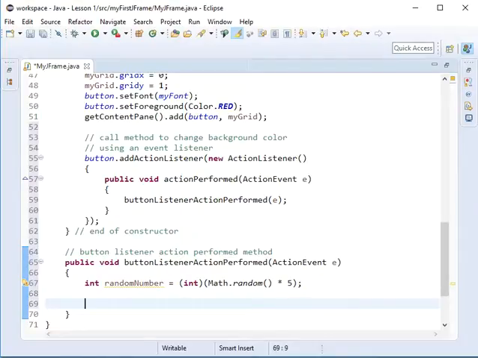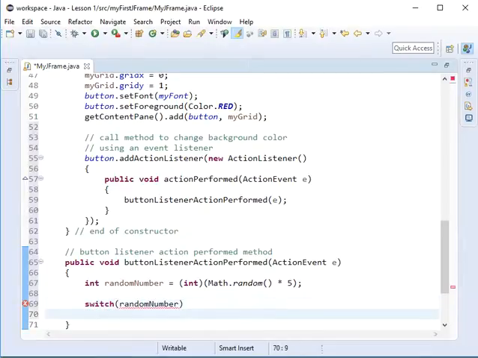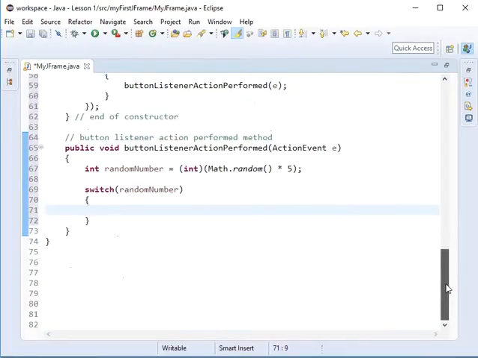And next, I could do this with an if statement, but this would be a good example of using the switch statement. So I'm going to go ahead and type switch randomNumber. The reason I'm going to use a switch statement here is that the only thing it could possibly be are 0, 1, 2, 3, 4. So this works well to put my case statements in. So case 0,